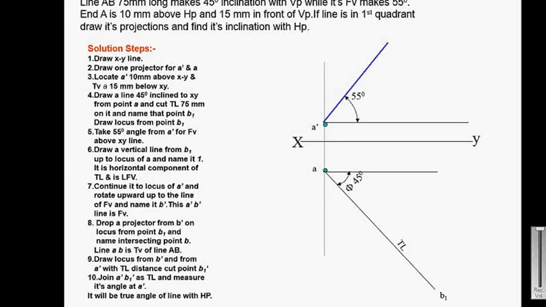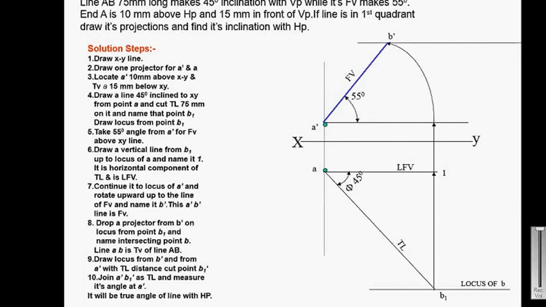So this line is the front view A dash B dash. Draw the locus line through point B1, and this is the locus of B. Then project it and rotate it. You will get the point B dash. So this is point B dash. Then this is the front view, and draw another locus line. Then project B dash to the second locus line. You will get the point B, and this is the top view, and this is the locus line of B.